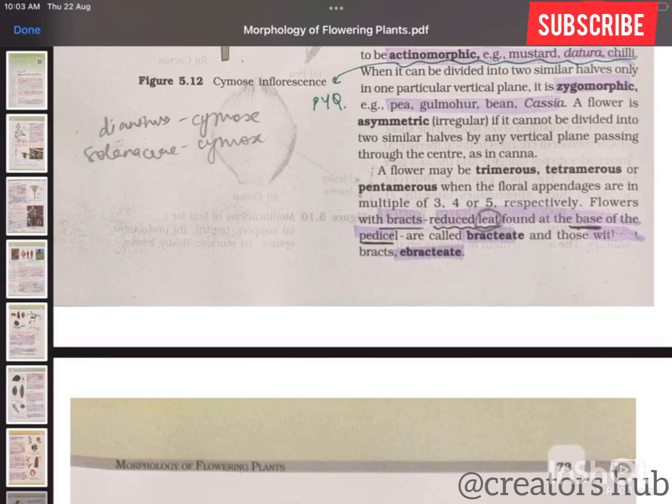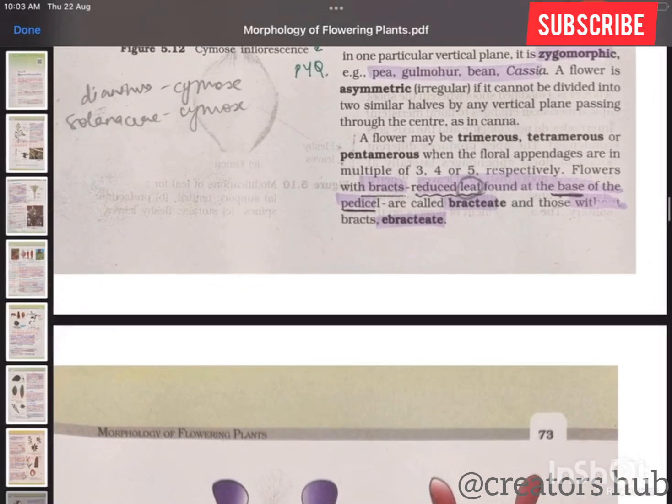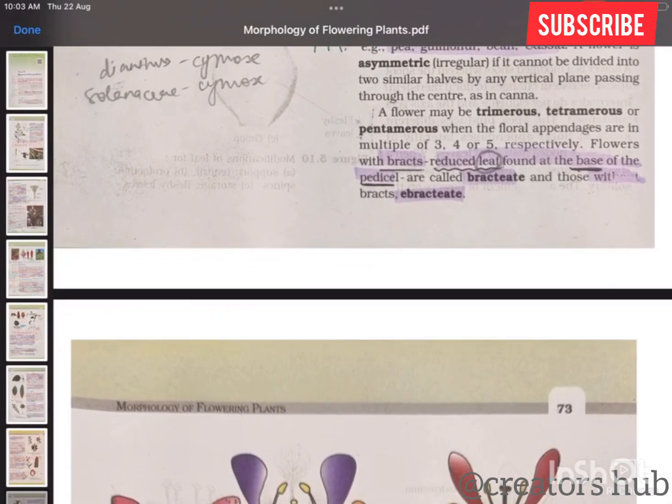Kana or kana, whatever. I remember it with the kana, so I said it kana. A flower may be trimerous, tetramerous, or pentamerous when the floral appendages are of 3, 4, 5 respectively. Flowers with bracts, reduced leaf found at the base of the pedicel, are called bracteate, and those without bracts are